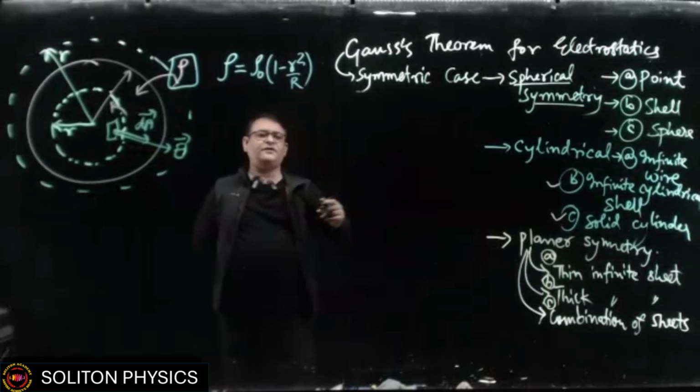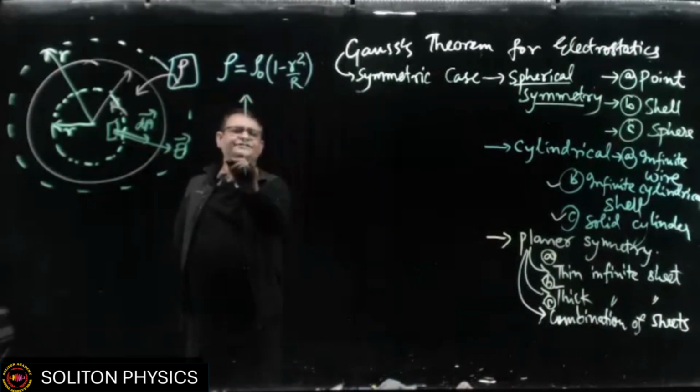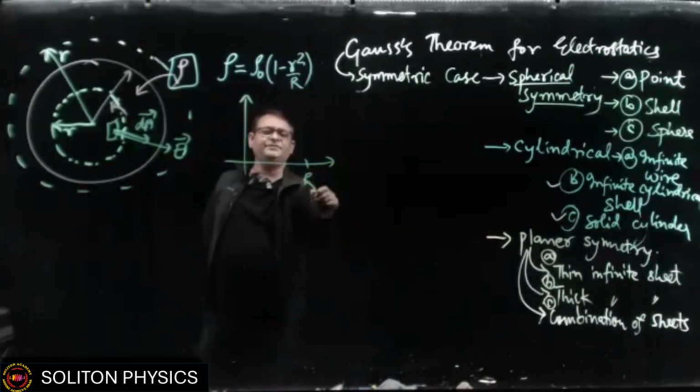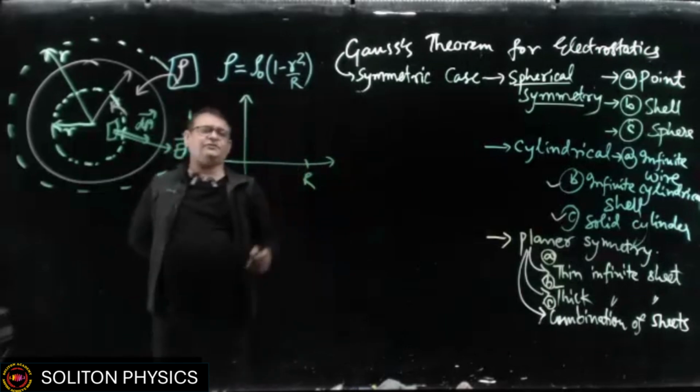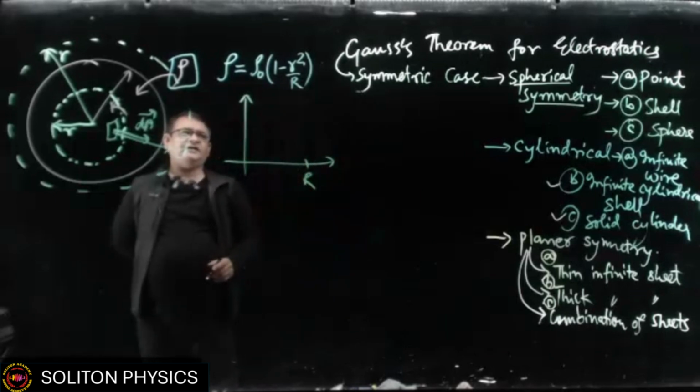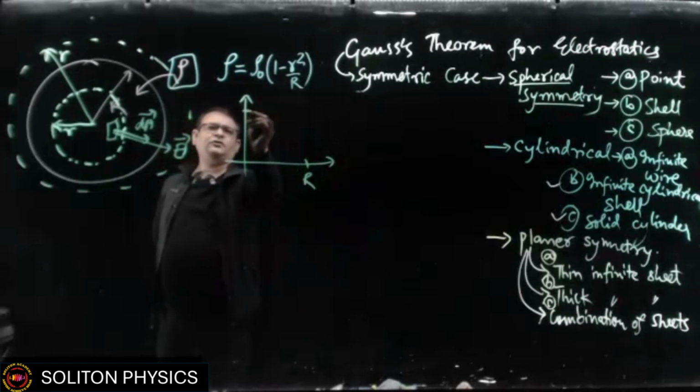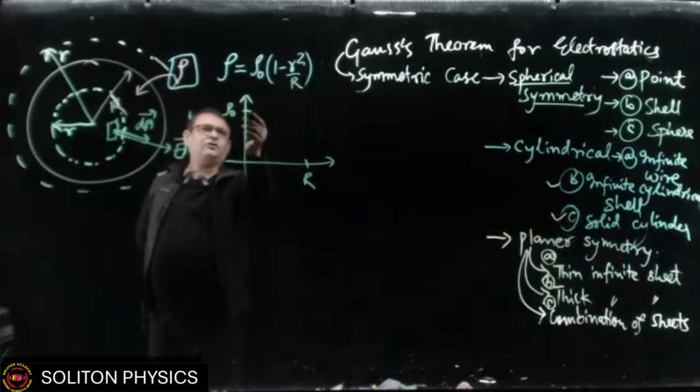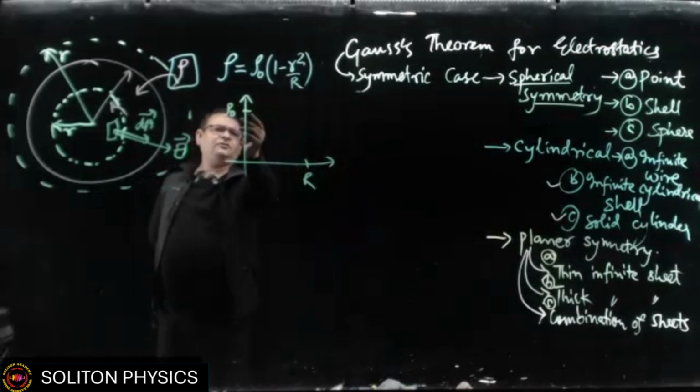Now it is a function of r. So you can see how the density is changing with respect to r. When it is big R, the density is 0, and when r is 0, it is rho naught. It starts with rho naught and it goes,